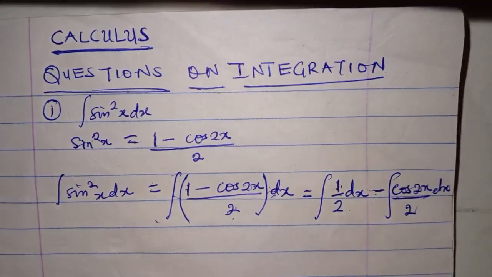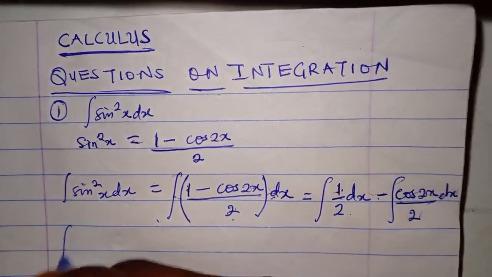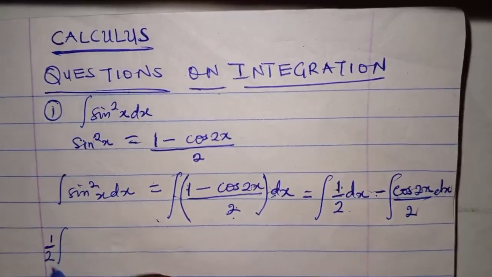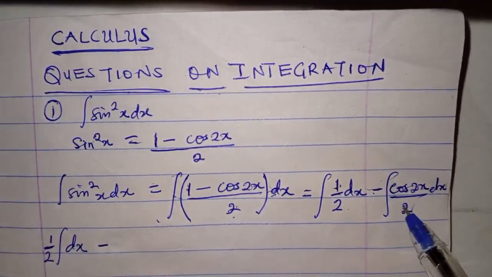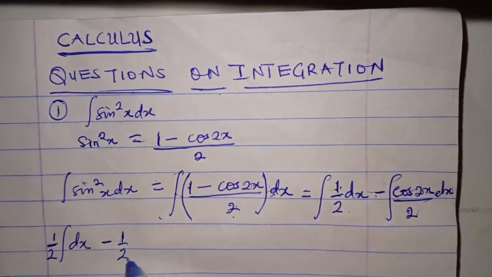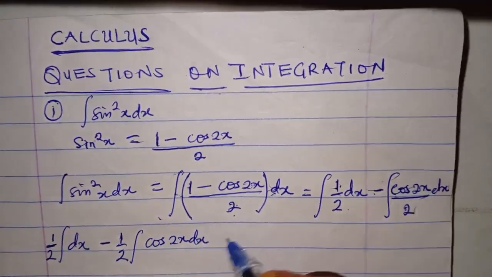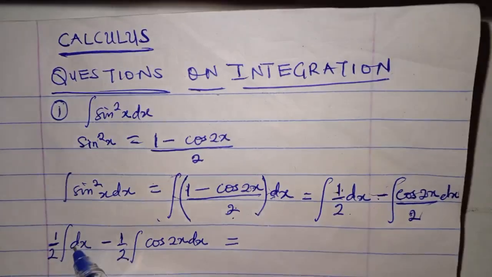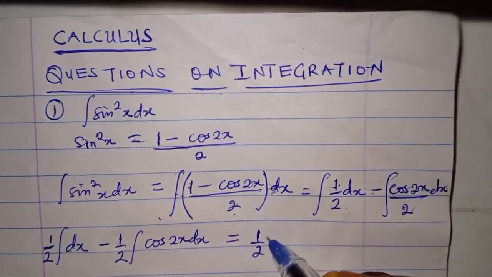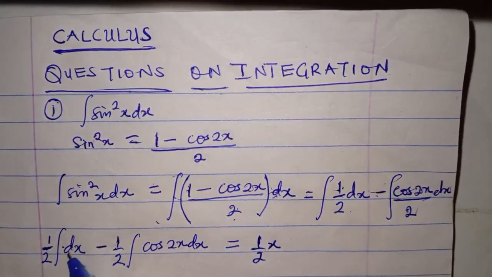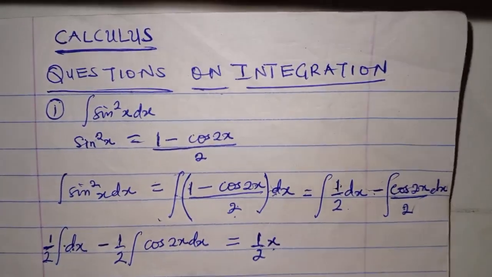Alright, what is the integral of 1 over 2 dx? 1 over 2 is a constant, so it's like saying 1 over 2 into the integral of dx, minus, I can bring 1 over 2 out from here, 1 over 2 into the integral of cos 2x dx. So the integral of dx is x anyways, right? So we'll be having 1 over 2x. The integral of dx is x, and x times 1 over 2 is 1 over 2x, minus